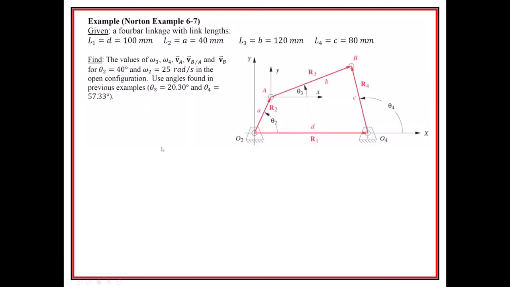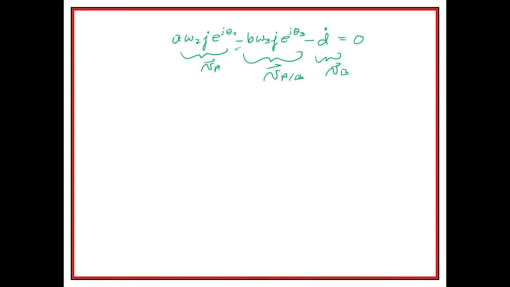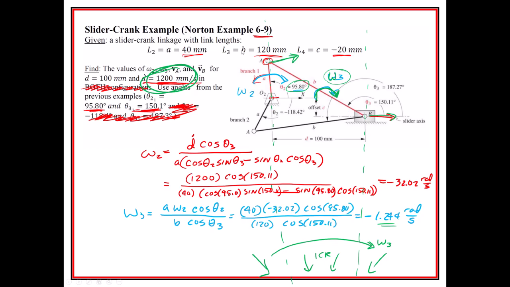So when we take the derivative of it, we're left with a negative sign right up in here. So if we wanted to calculate VA, we would simply multiply omega 2 right here times